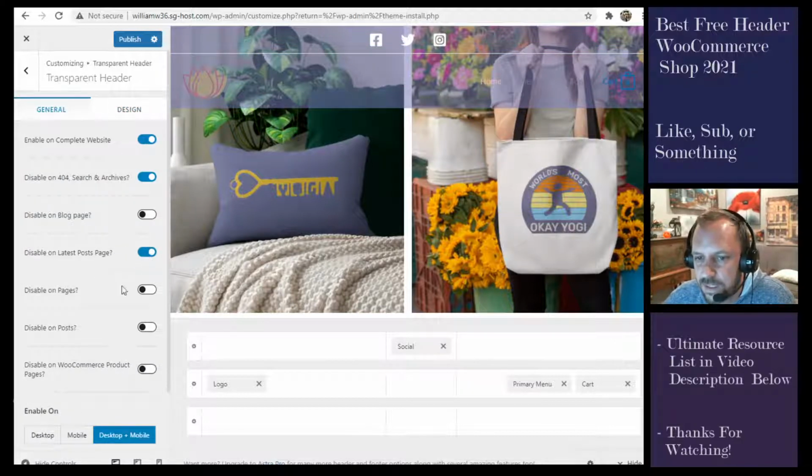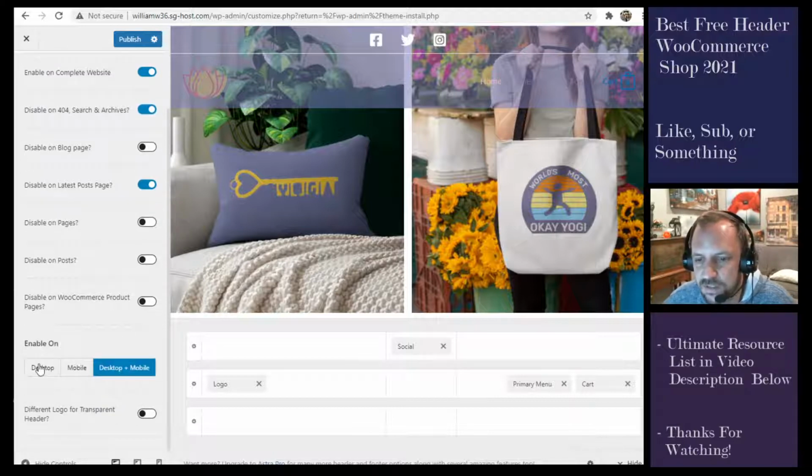disable on page, disable on posts, disable on WooCommerce product page. So you do have options. You can enable it on desktop, mobile, or both. And you can upload a transparent header logo, so that if your desktop is transparent and you need a different logo than the mobile, you would be able to even do that for this theme. But yeah, it's